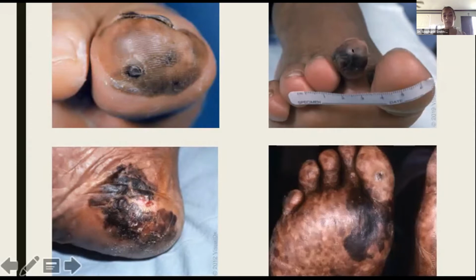And of course, we're going to talk later about how dermoscopy can help us when we look closely at these lesions. Again, a lesion on the heel, excuse me, that has some ulceration already forming. So you can see that this lesion has likely been there for quite some time, and the patient is now developing areas of ulceration.